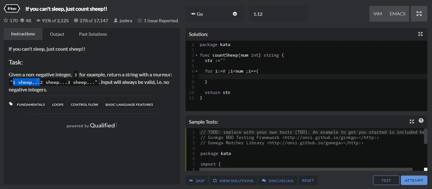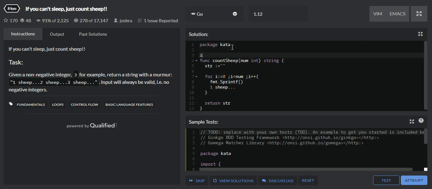So I just copy this string. This is the string which we have to create every time. In Golang we have a function which is fmt.Sprintf. This is a function which is present in the fmt package, so we have to import that package into our code first.